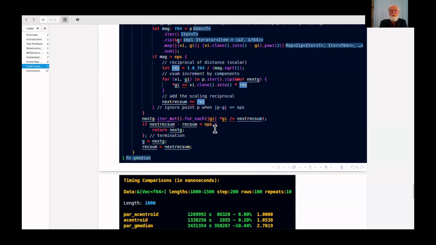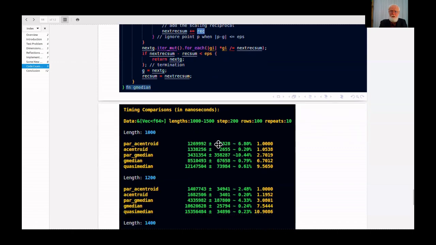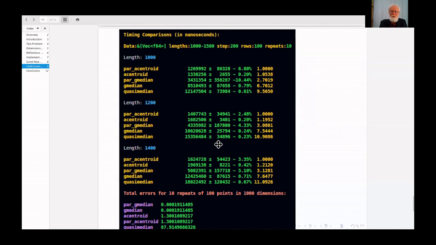So as this is iterative, we'll have some epsilon, the desired accuracy, and this sum here is always increasing, so we just need to test whether the increment gets small enough, and that is the successful termination. And as it iterates, we just assign these back. So that is the basic algorithm. As I said, there are some versions of it.